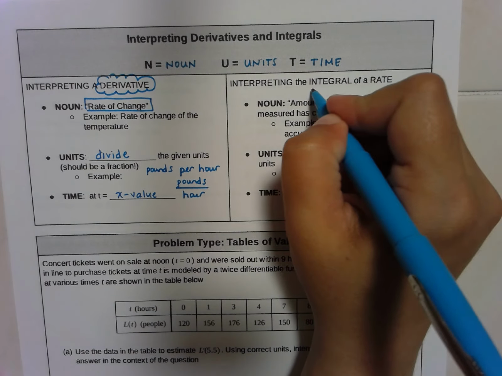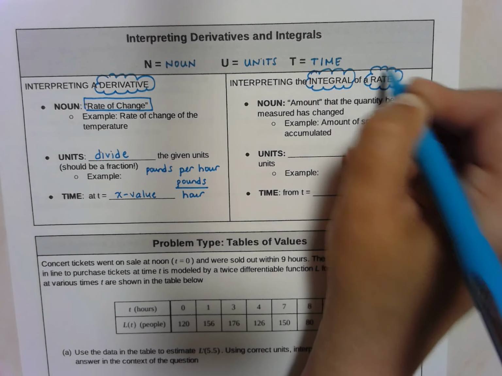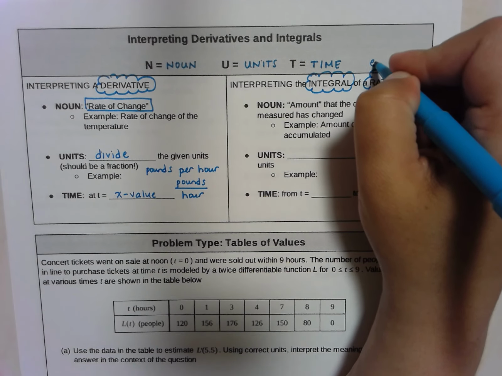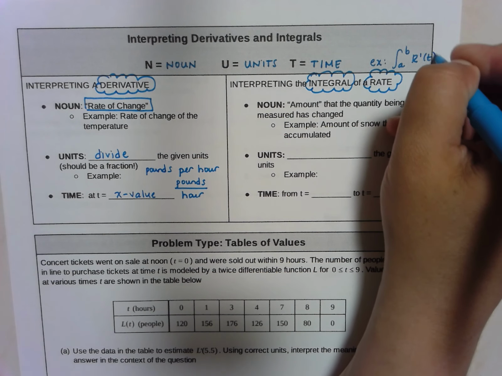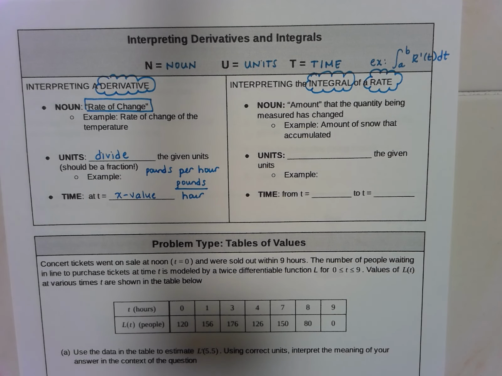If we are asked to interpret the meaning of the integral of a rate function, so anytime you have the integral of a rate function, that could be, for example, the integral from a to b of r prime of t dt, or sometimes instead of calling it r prime, they just call it r of t, but in the instructions, they tell you that that's a rate function, so it's a rate. The noun you want to use here is the word amount, that the quantity being measured has changed. For example, it could be the amount of snow that has accumulated, or the change in the amount of